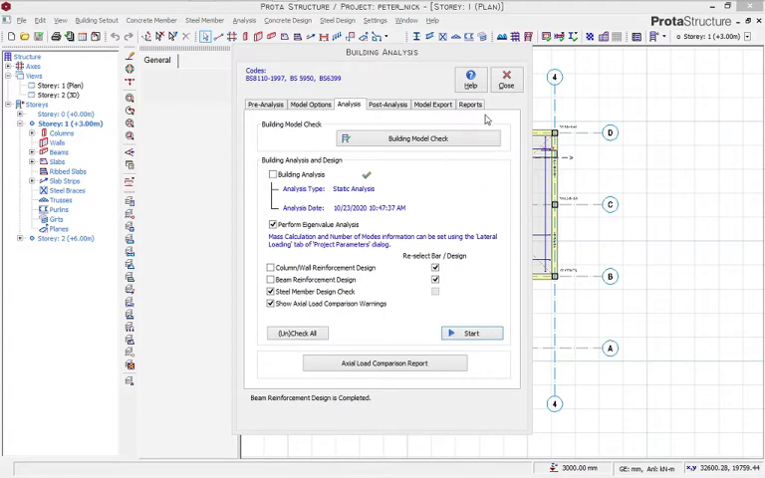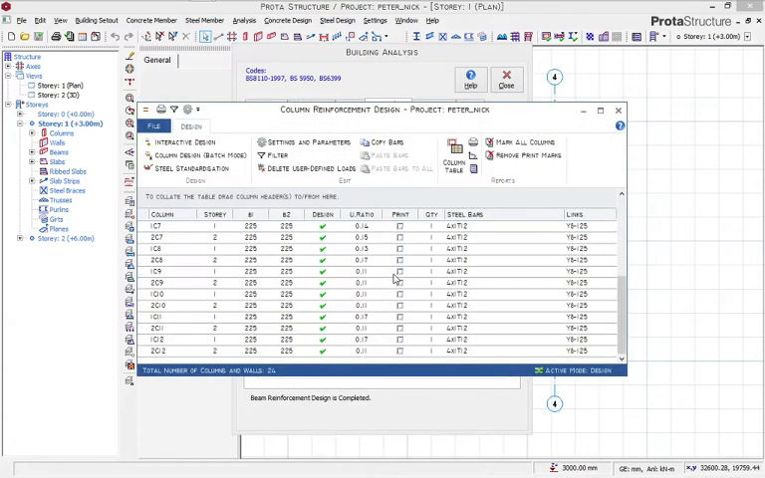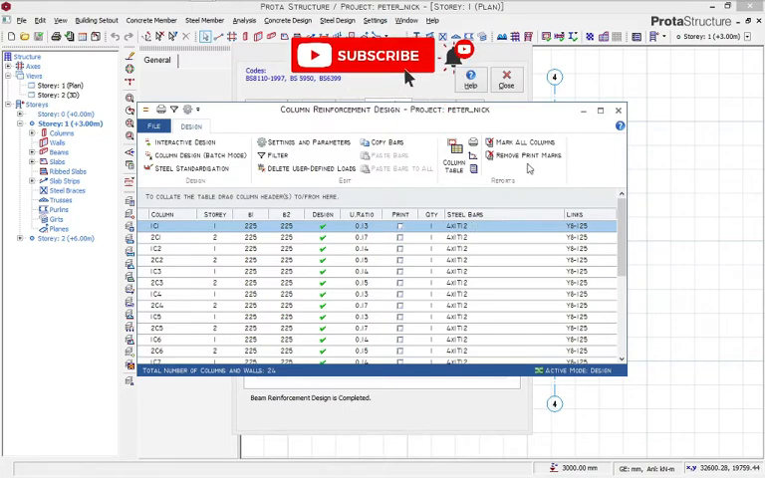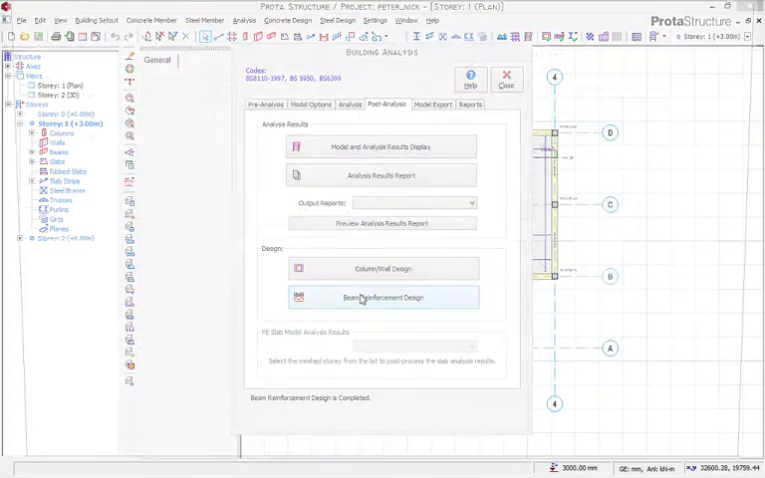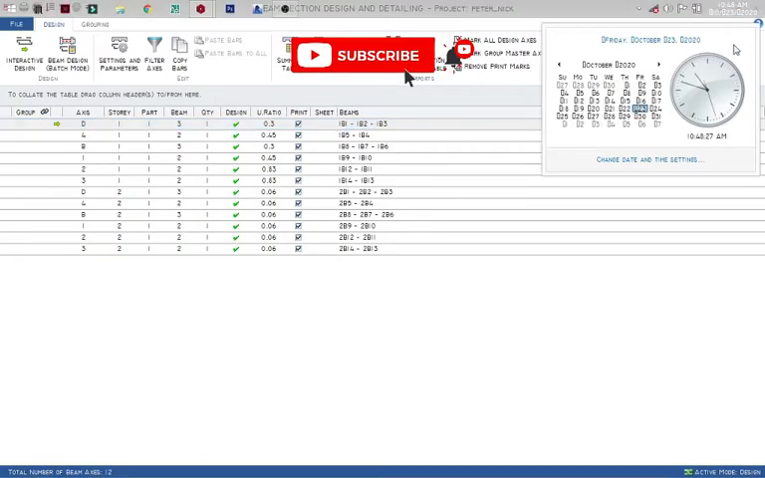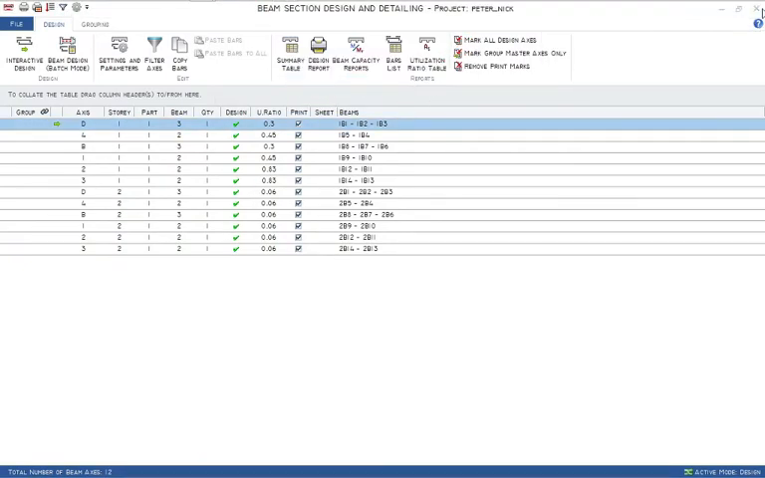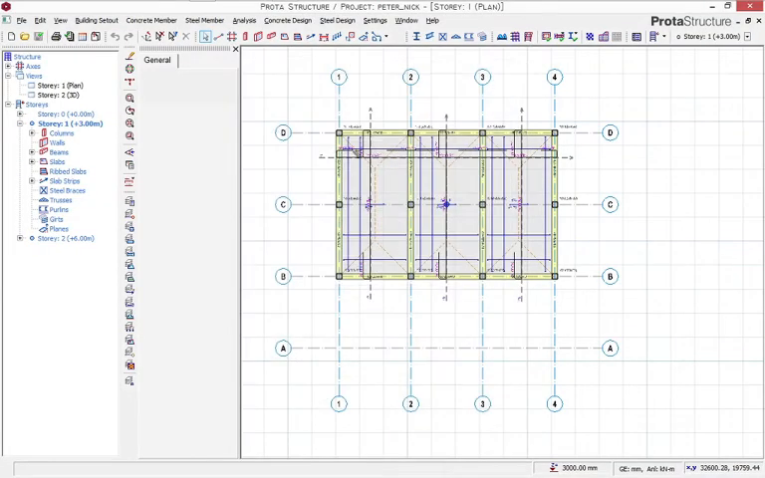Okay, we have to click on OK, and we need to go to the post analysis and check if our column is okay. Everything is right, and it is even going with 4 of Y12, and it is actually going to sustain because everything is green. And then we go to the beam reinforcement, and wow, everything is really right. And then just to show that we're really civil engineers, we really love things to blink, and so we just